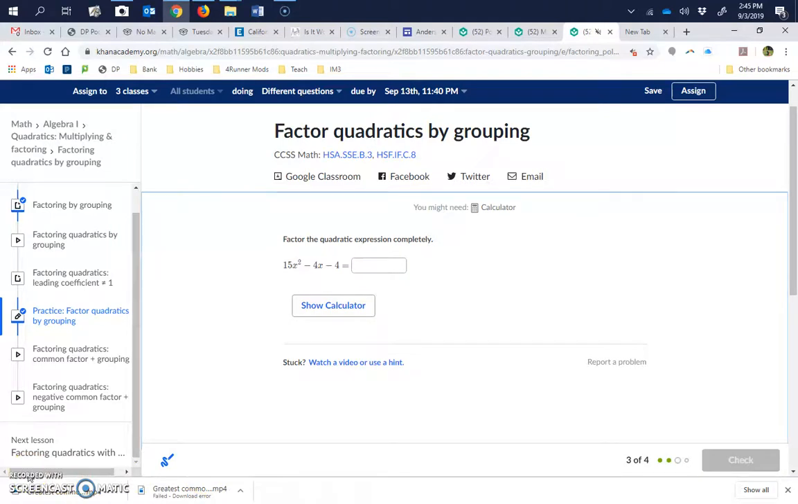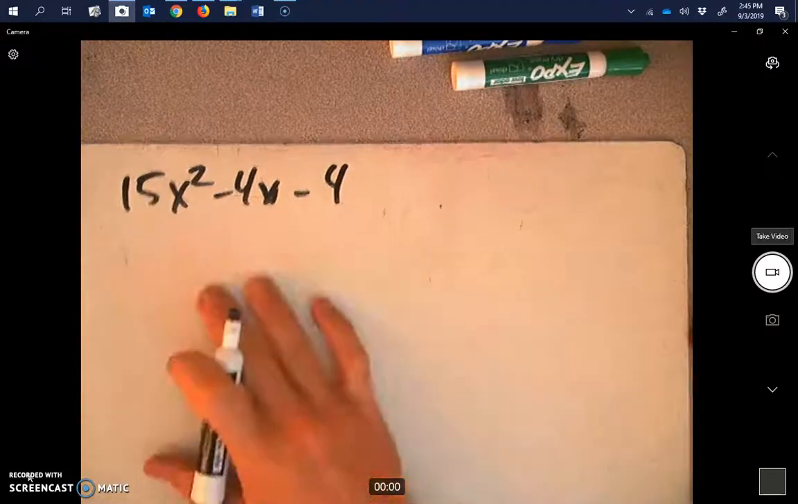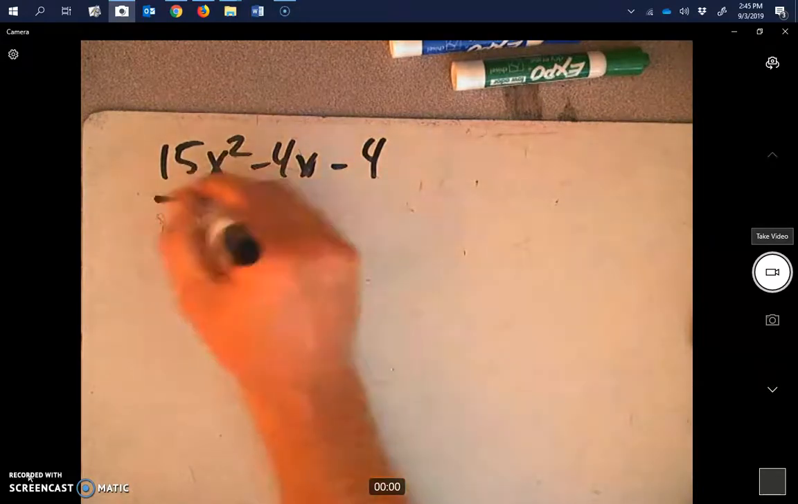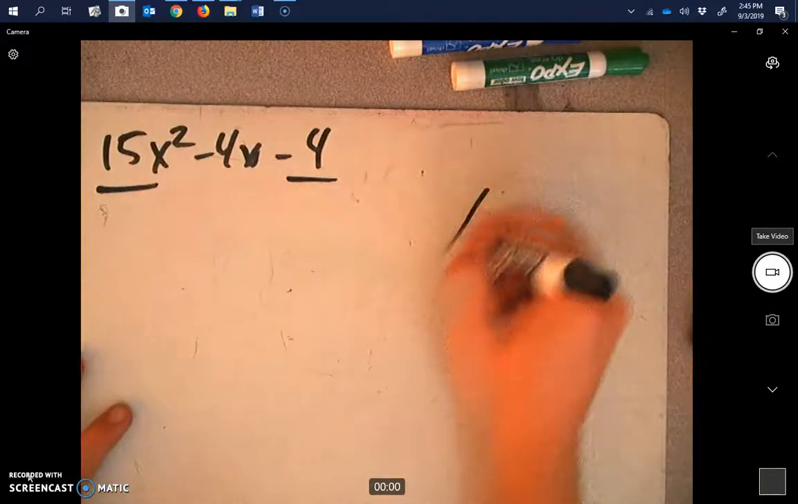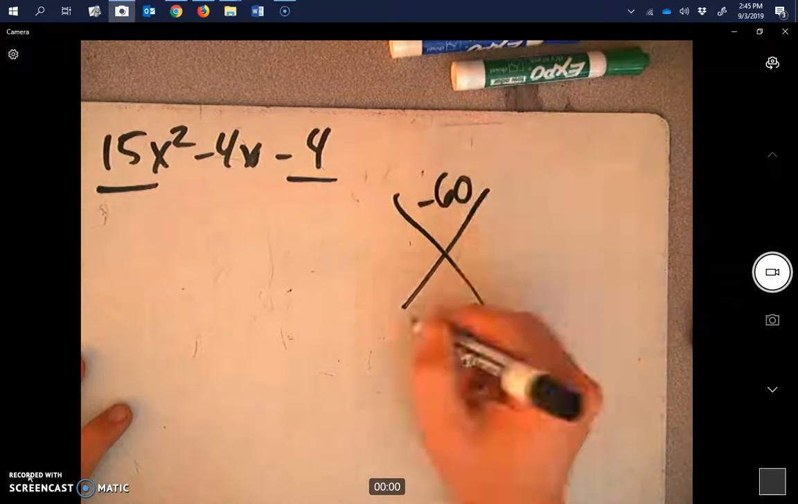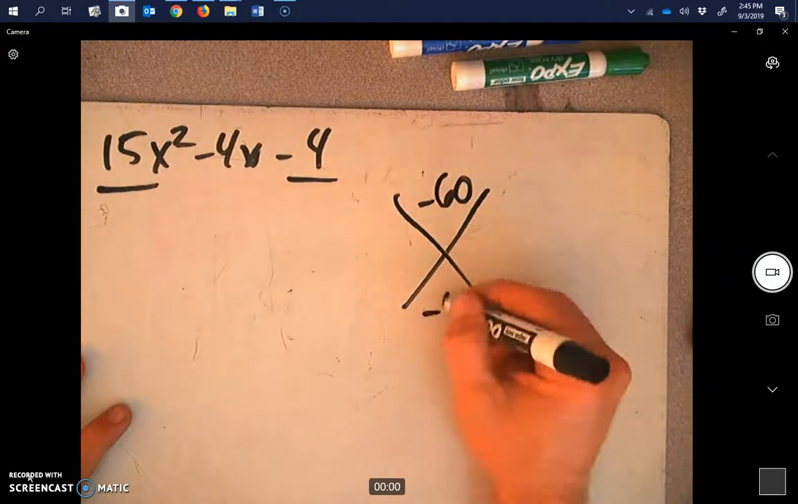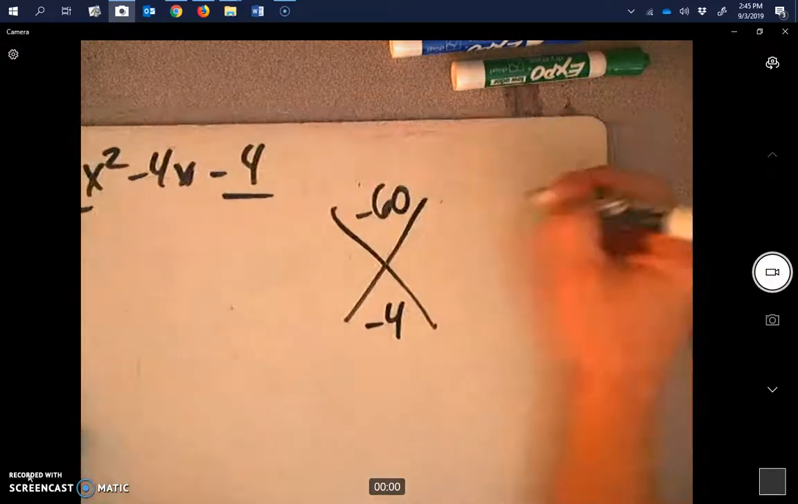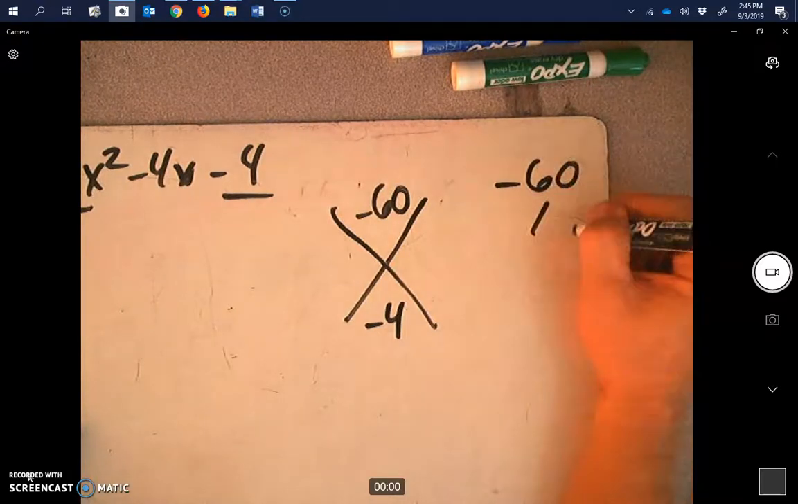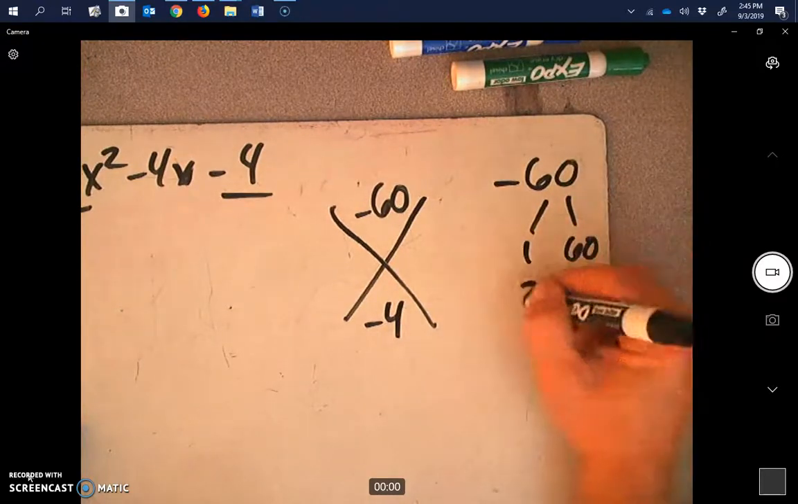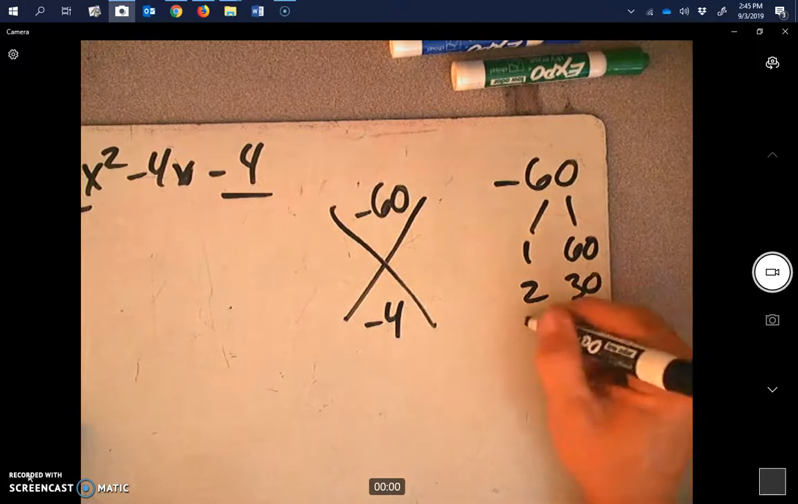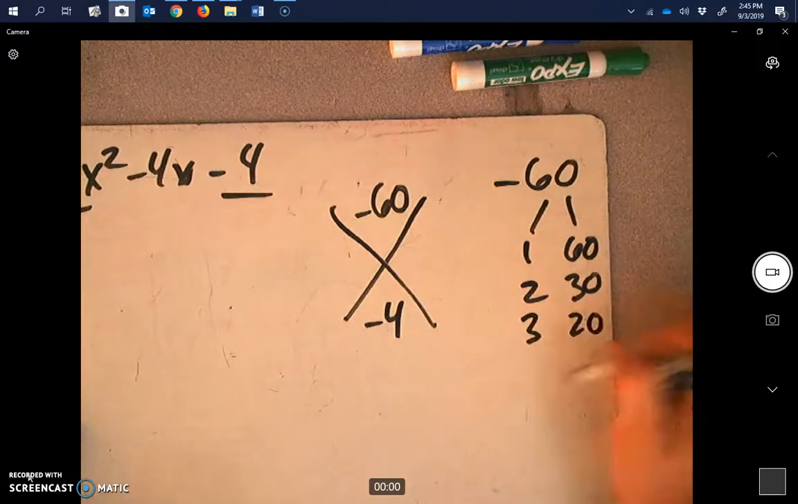All right, so 15x squared minus 4x minus 4. All right, so A times C is negative 60, and B is negative 4. All right, so the factors of 60 are 1 and 60, 2 and 30, 3 and 20, 4 and 15,